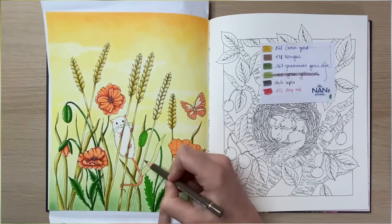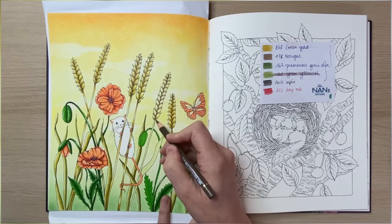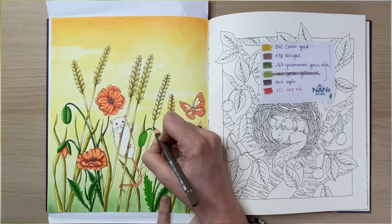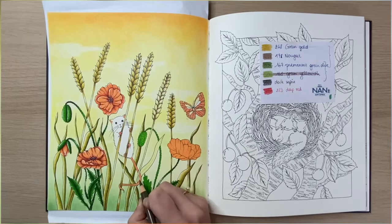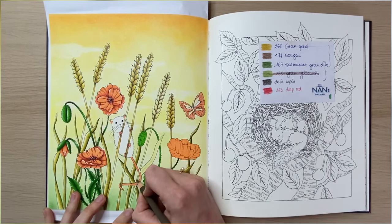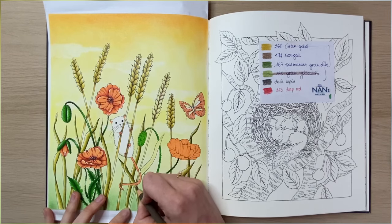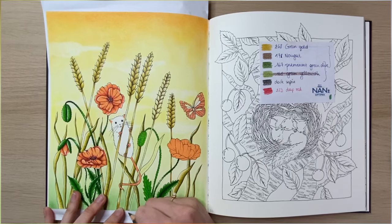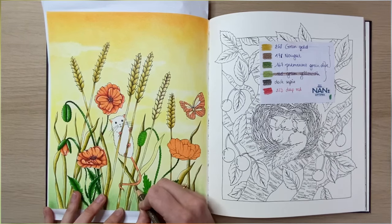Okay, and then for this, I don't know what it is in English, this where it is attached to. So I did a little bit of brown here on the top. And then where the tail of the mouse is overlapping, I'm going to give it a little bit of a shadow as well. So a little bit on the top and on the bottom. As you see, the green of the soft pastels is a little bit on the wheat, but it doesn't matter. It's a color you have in the page as well, so it's not a big deal if you cannot erase it 100%. Just leave the color